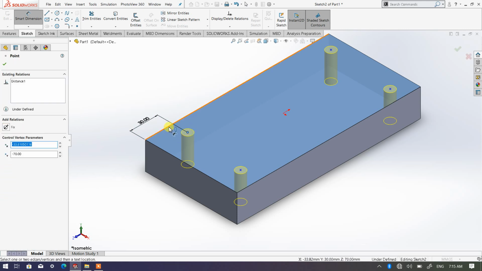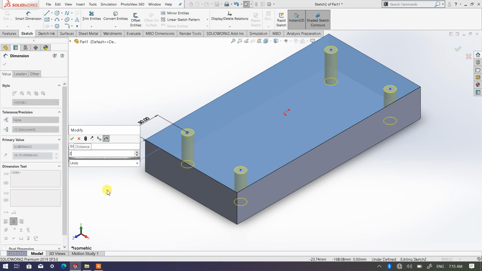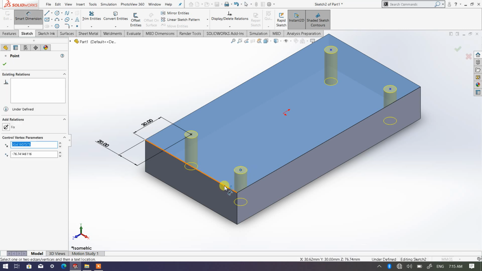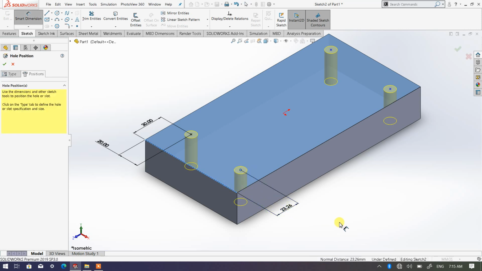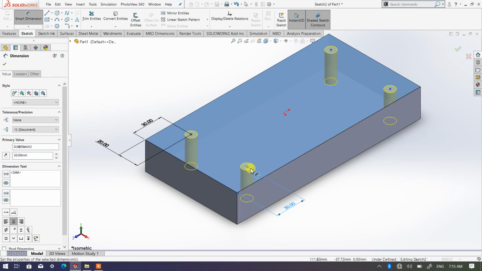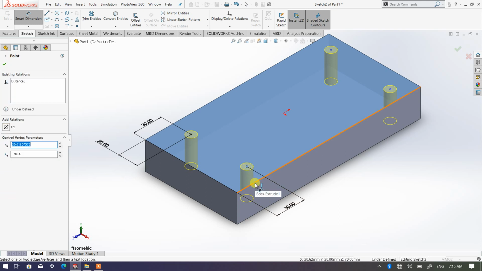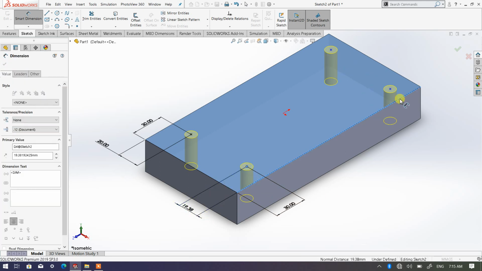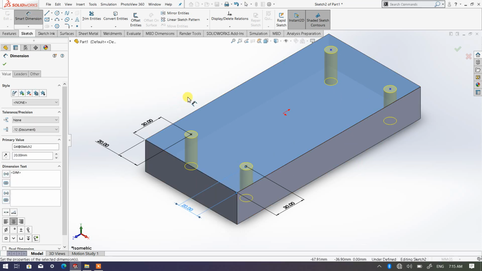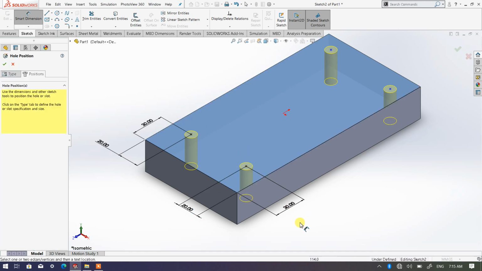From here to here is, let's say I'm going to make it 20. From here to here is the same, 30. And from here to here also the same, 20. Same to go with both of these two holes. Okay, it is much easier if you are not really familiar with how to indicate dimensions in isometric